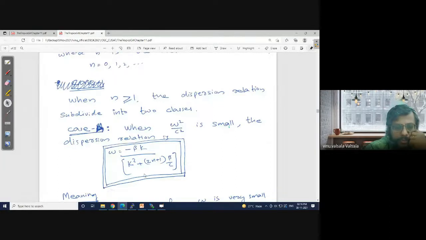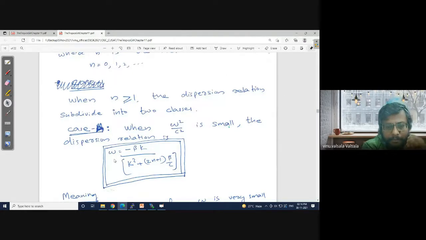What are the properties of this wave? Well, omega is the frequency, k is the wave number. For simplification, I can put omega by k together. What is omega by k in any wave? Frequency by wave number is the propagation speed of the wave, or we can call it CW, or C of the wave.